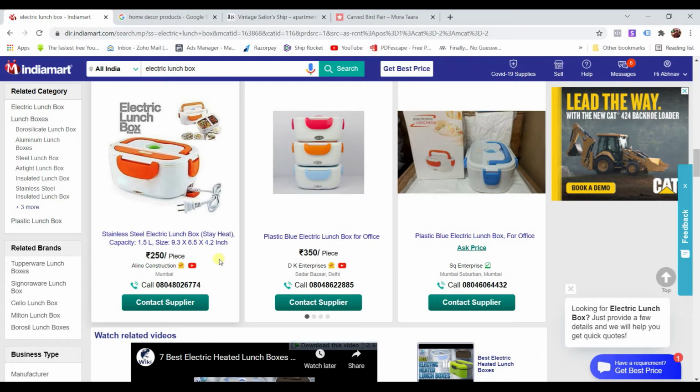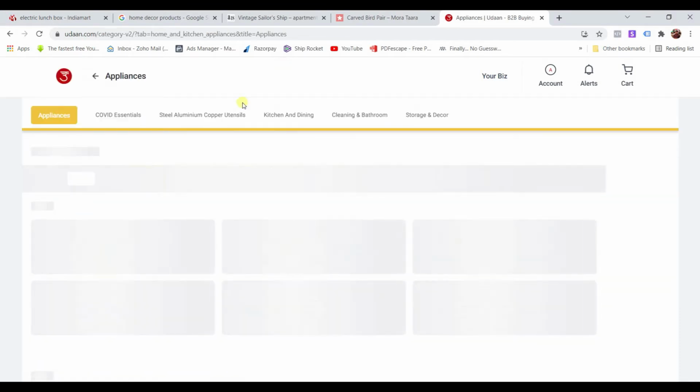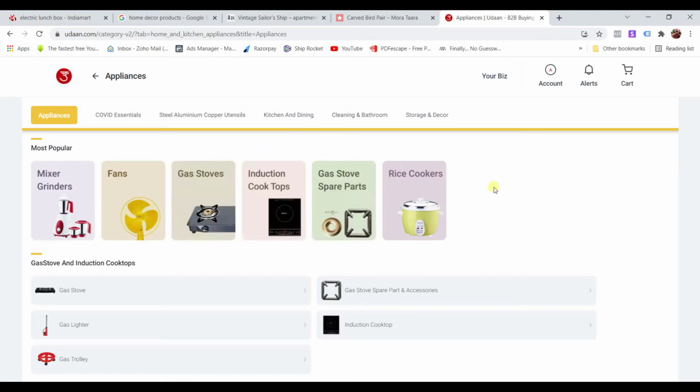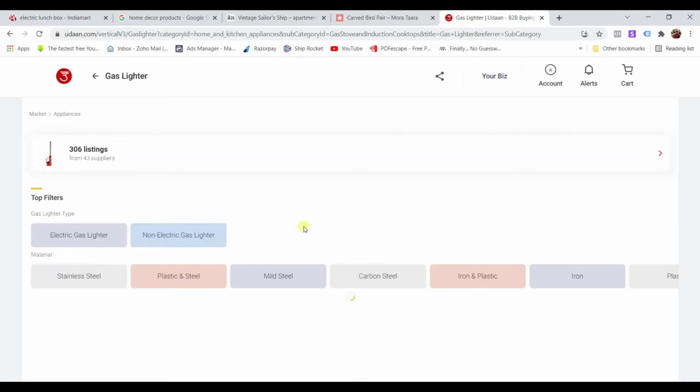Apart from IndiaMart and Udaan, we have a plethora of options to get the products from. By the way, we have the app called Udaan. They have a website too, but most of the time I find their website buggy. So if you are using Udaan, it is recommended to use it within their app only, right? Here you will have to select the category, and there are plenty of options to choose from. The minimum order quantity is also very low, and you can choose different kinds of products according to the niche.